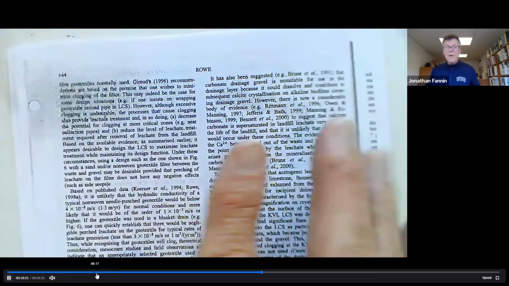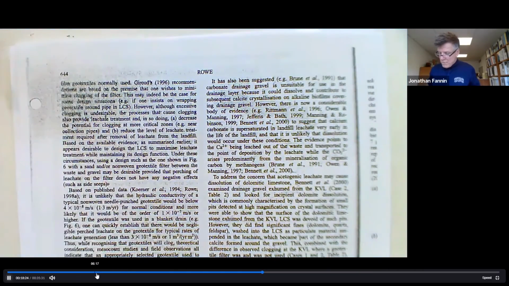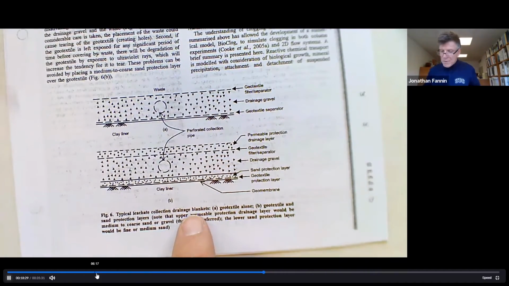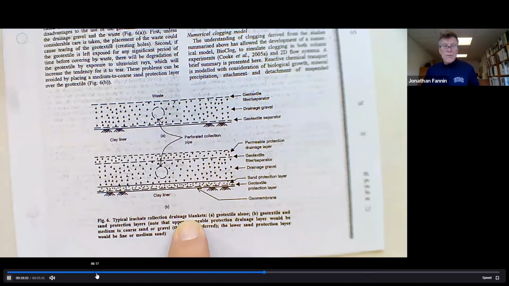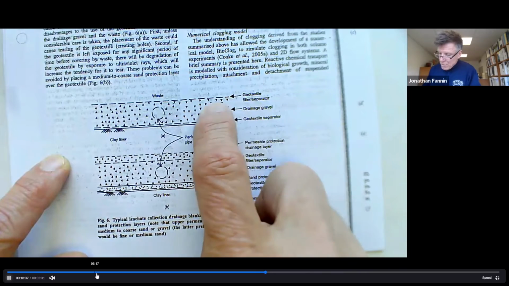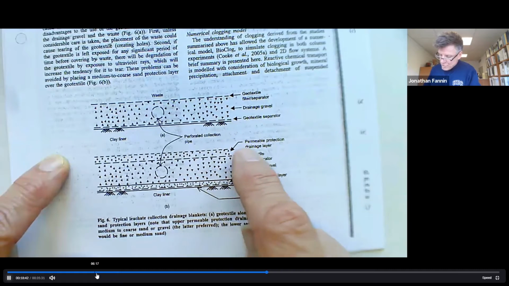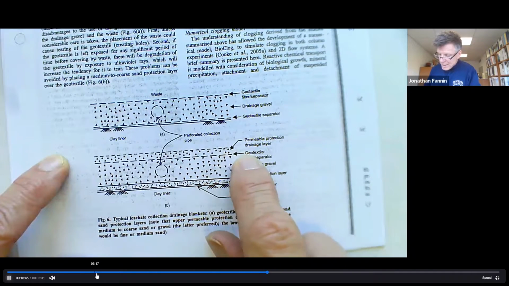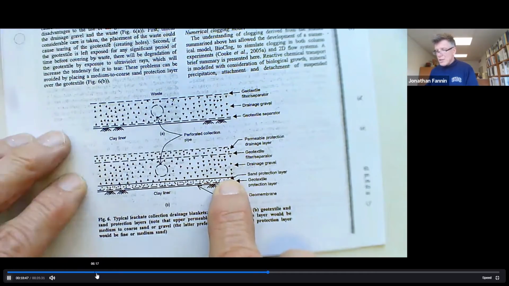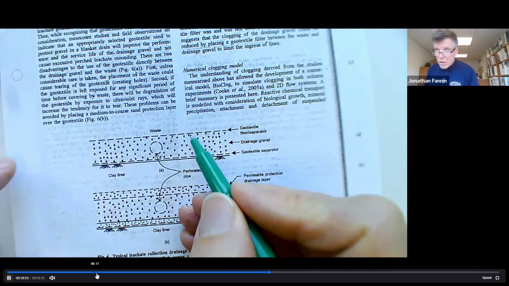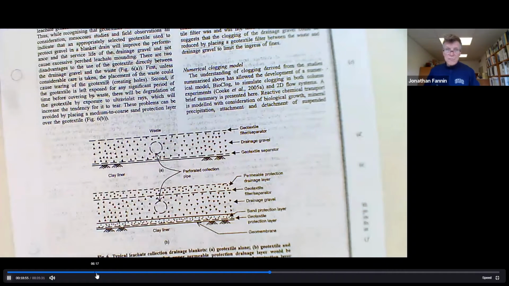If we jump ahead to page 644, which I hope should be the next page in your notes, it gets captured here. Typical, it's an under drain to the waste, basically. And either there's a geotextile on top of the drainage gravel, or there may be a sacrificial or a sand protection layer and a geotextile, and then the drainage. And the argument is that there will indeed be a potential to clog. And if the clogging is occurring because of precipitation and or biofilm growth on surfaces,